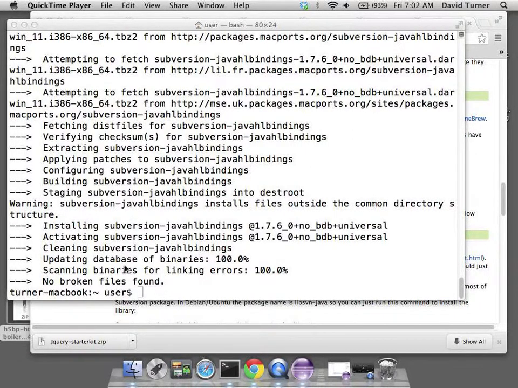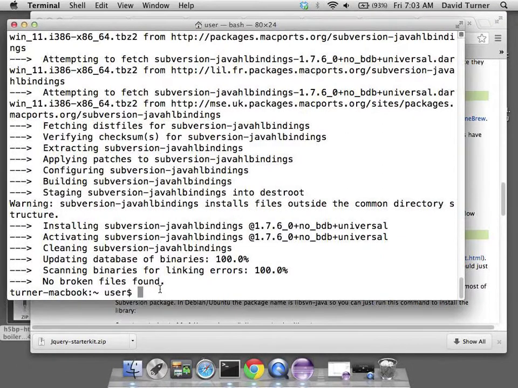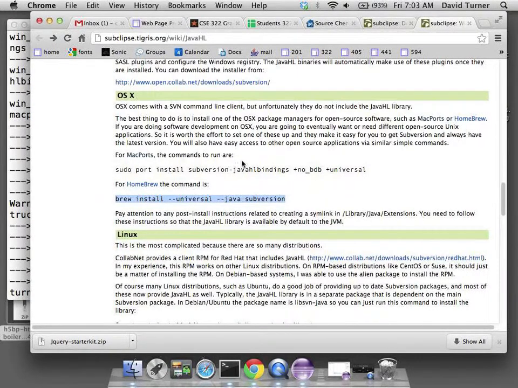Alright, that build just completed, and that took a lot longer than I expected. It was maybe 20 minutes, half an hour. I didn't keep track of the time, but I did stop the video, and I'll splice the second one onto the first one. But as you can see, this is now done. So MacPorts has now been installed. And now that MacPorts has been installed, I am going to execute